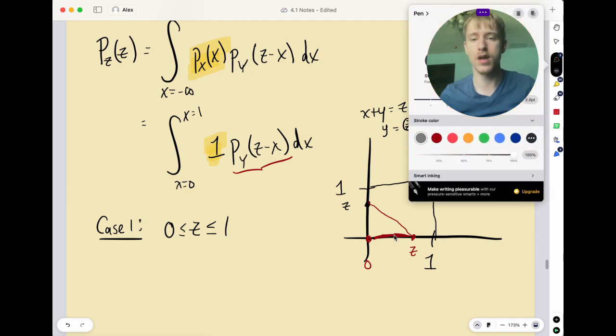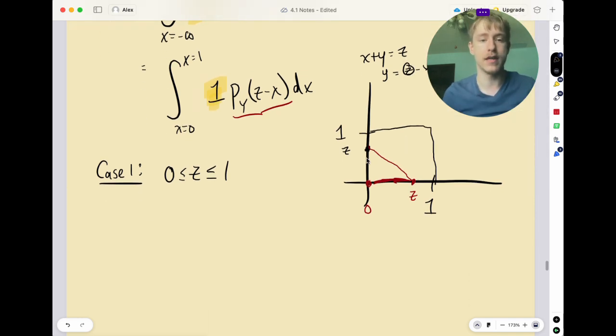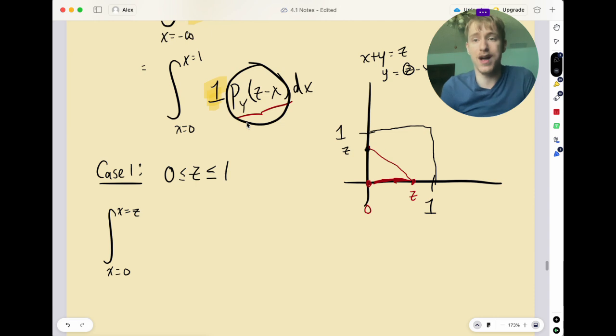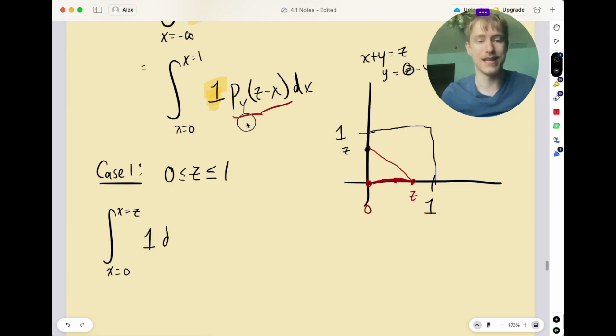Okay, so in case 1, we have that the bounds are going to be from x equals 0 all the way up to not 1, but z, which then ranges from 0 to 1. Okay, so then this is going to be the probability density function of y, but this probability density function of y is just going to be 1 whenever z minus x is in the acceptable bounds, which according to this picture, it is. Right, so this is just going to be the integral of 1 dx, which is going to equal